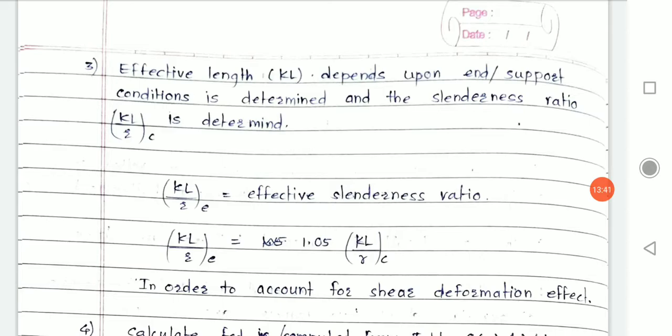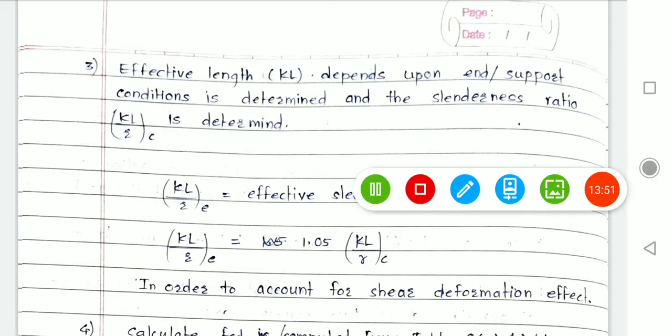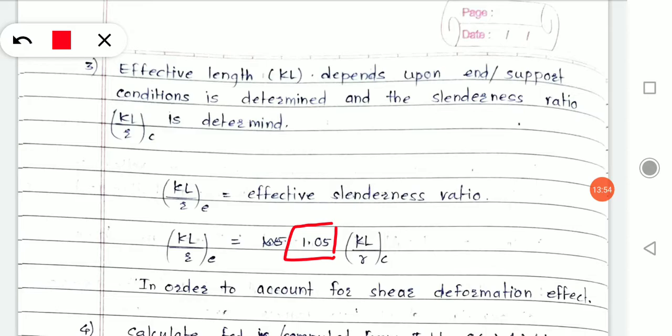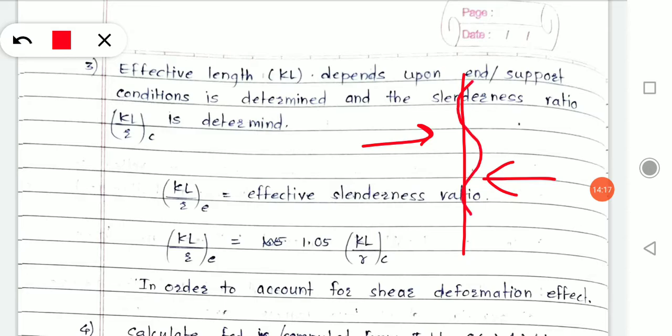We have already done that many times in previous sessions. Once you calculate the slenderness ratio for your section, you need to multiply it by the factor 1.05. Now what is this 1.05? This is a factor which we add to account for the shear deformation effect. What is the shear deformation effect? When there is an equal and opposite force acting across a section, the section will show shear failure.